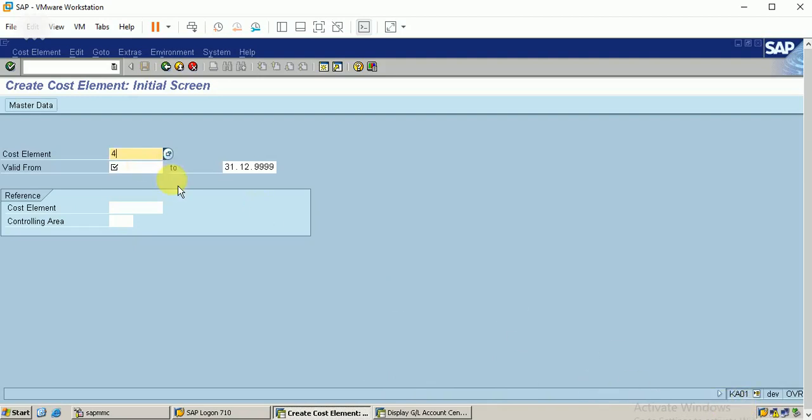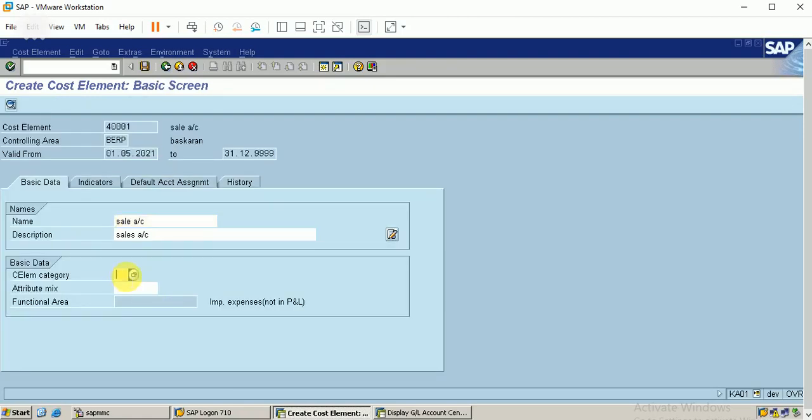I'm just typing 4001, this is the sales account in my finance module. I'm entering the first day of this month. I can enter today's date also, there is not an issue. Just click on enter.